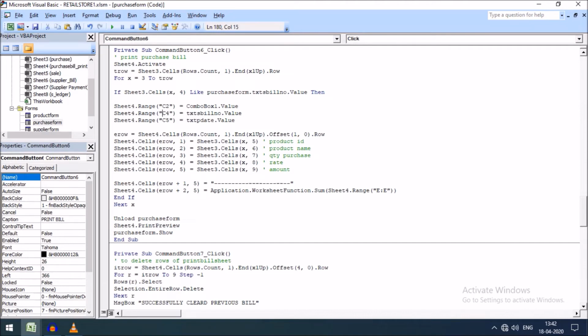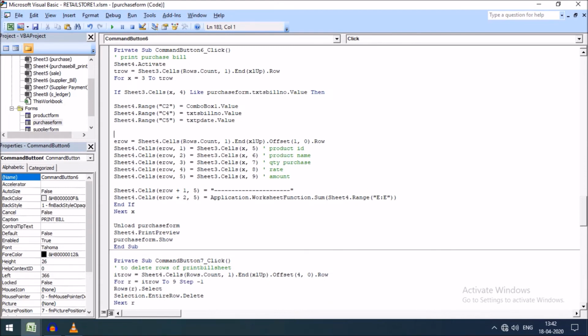The C4 cell will display the text bill number, and C5 cell has been assigned the P date, that means bill date. This is the bill date, will be assigned to C5.